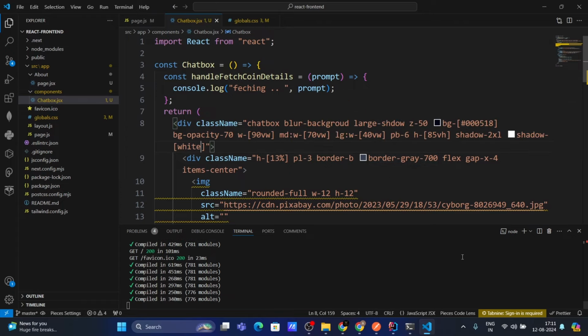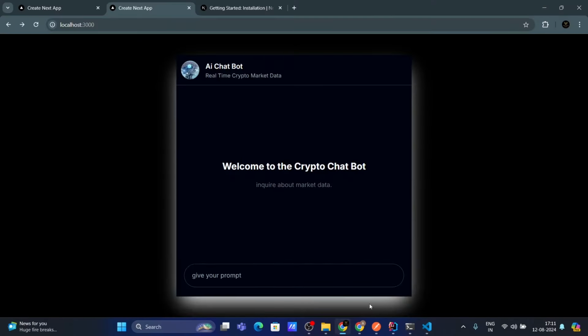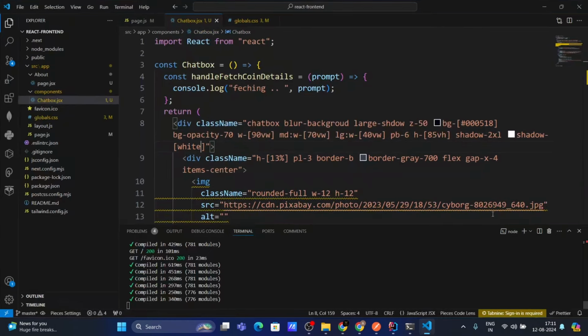Let's give white for now. Oh, it is working. So what I'm gonna do is let's give here 3 pixel, 300 pixel. It will cause the issue, but